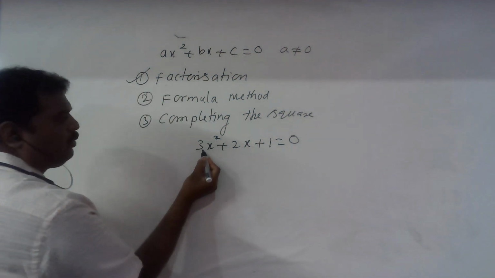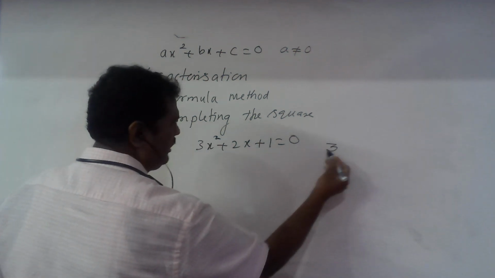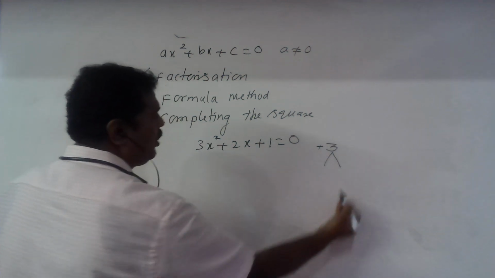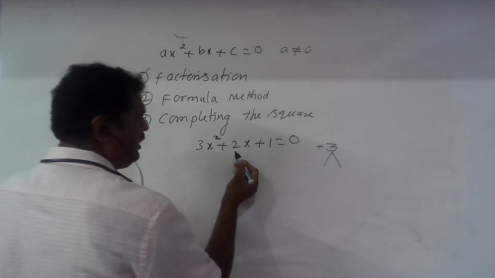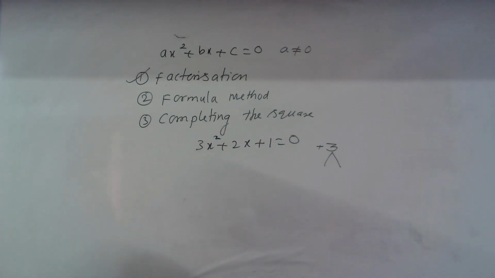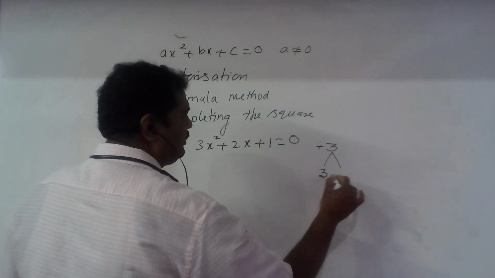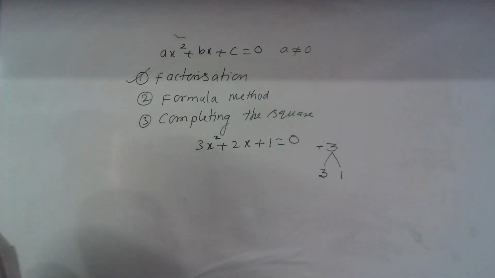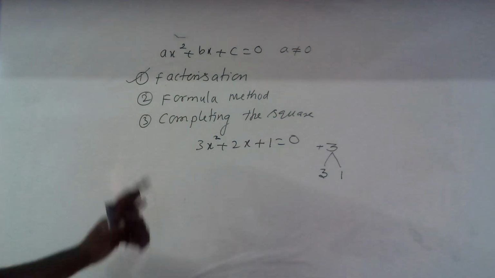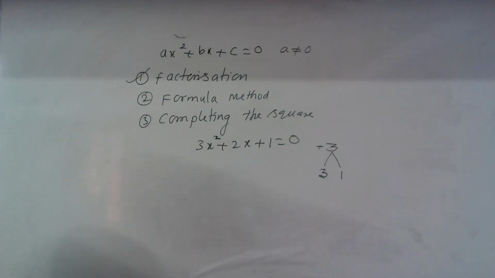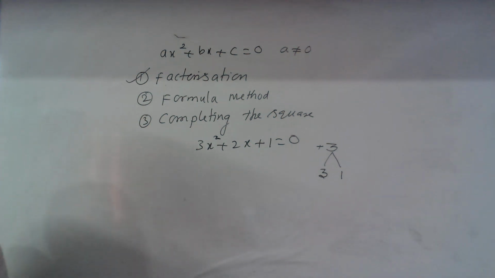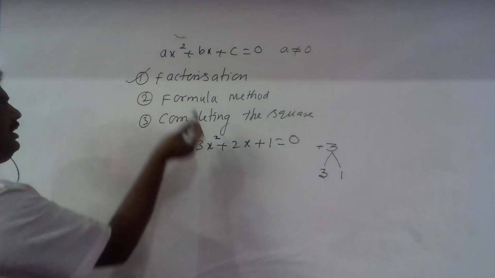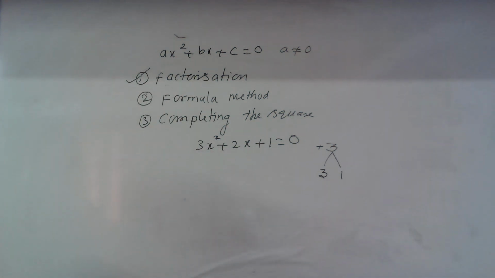Now by multiplying the coefficient of x square, 3, and 1, I will get 3. The last sign is a plus. Now according to the rule of factorization, the product of the factors should be 3 and the addition of those factors should be 2. Therefore, there are no factors where the product will give 3 and addition is 2. So, it is not possible by the method of factorization. Therefore, it may be solved by either the formula method or the completing the square method. If it is not factorizable, generally we will go by either the formula method or the completing the square method.